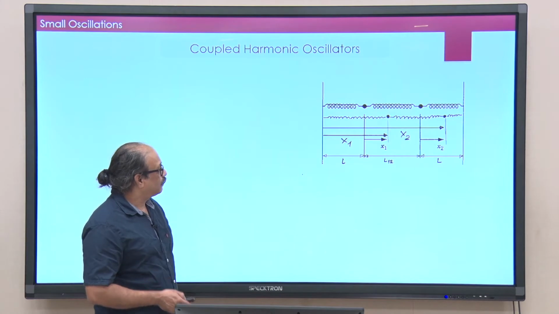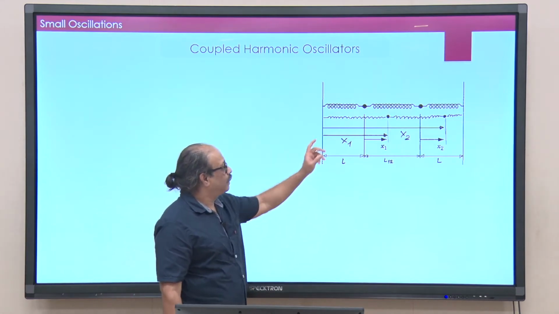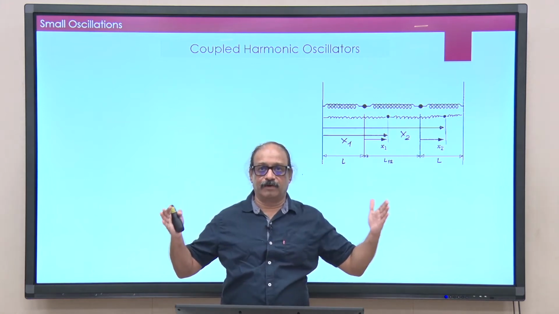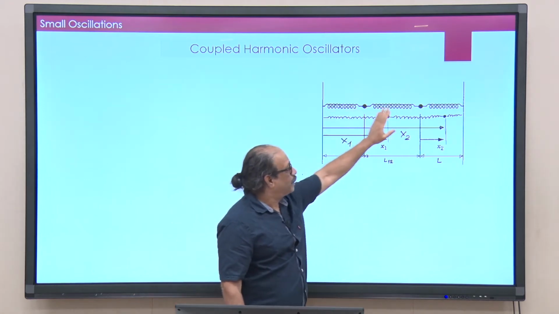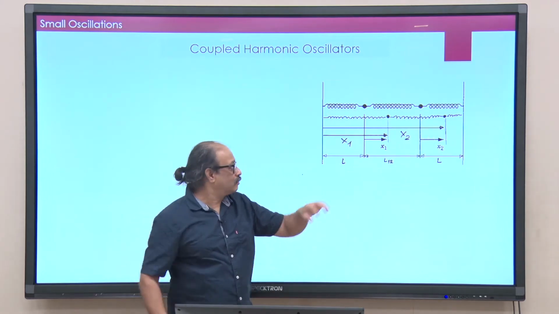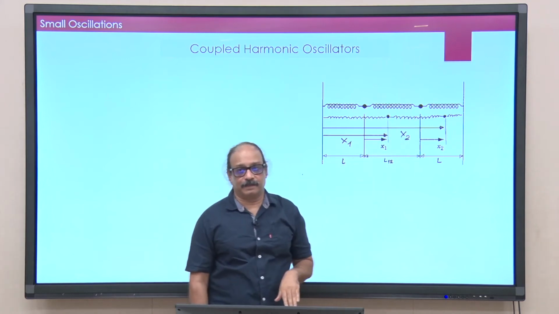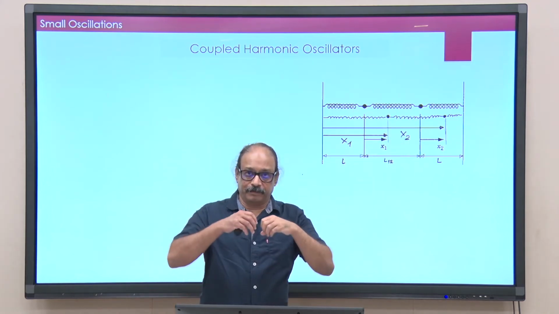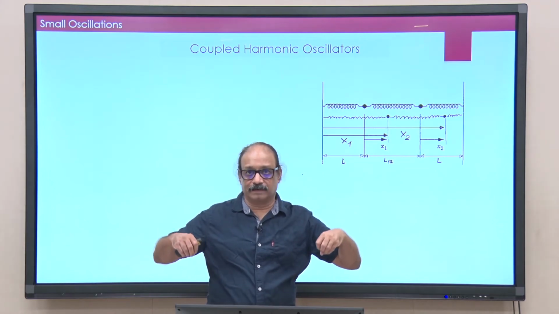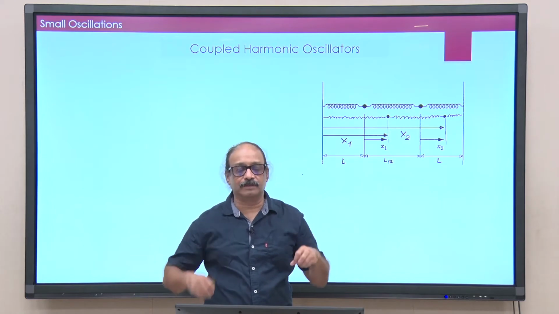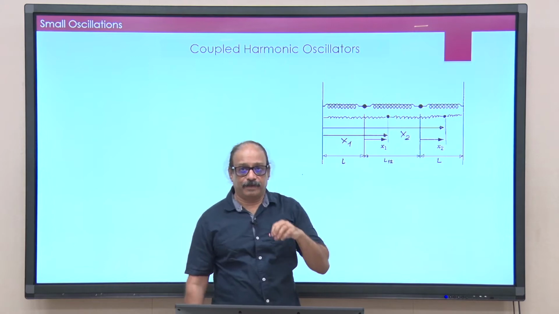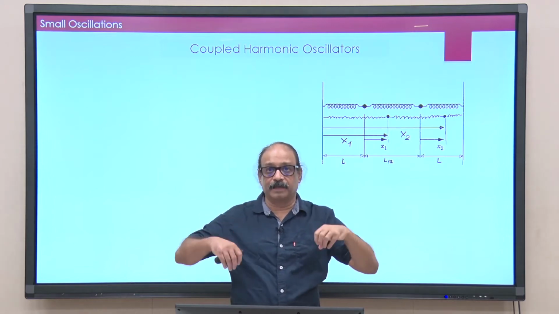What we have here is two masses which are connected to a rigid wall on either side by its own spring, and then the two masses are also connected to each other by another spring. If the middle spring was not there, the two masses would simply undergo harmonic motions of each of its own. By putting in the middle spring, now we are coupling the two